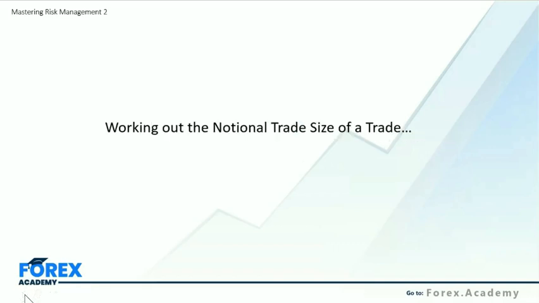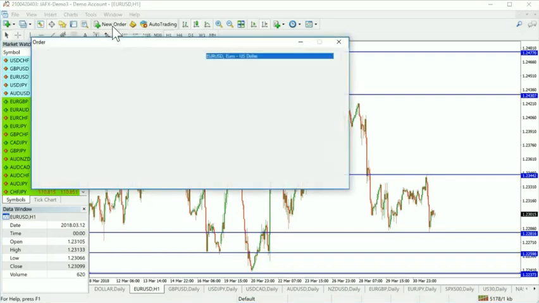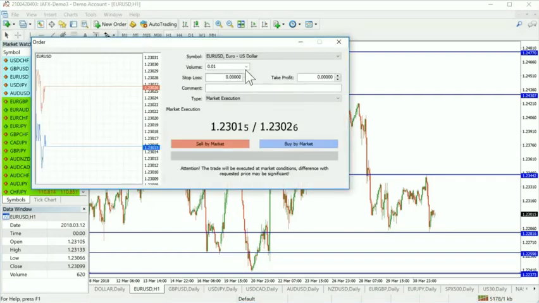Okay, so moving on then, working out the notional trade size of a particular trade. So this is always, let's say, a difficult one. Now, it's important to know that whatever market it is you're trading, you can trade micro lots, mini lots, and also standard lots as well. And a good thing to show you would be to click on New Order, and if you click on the Volume tab,